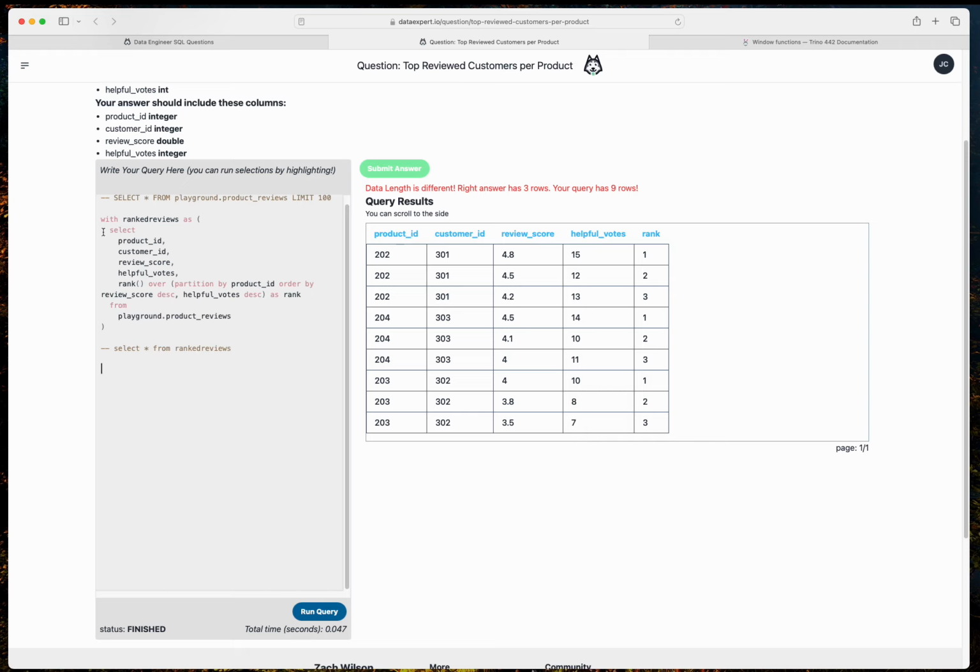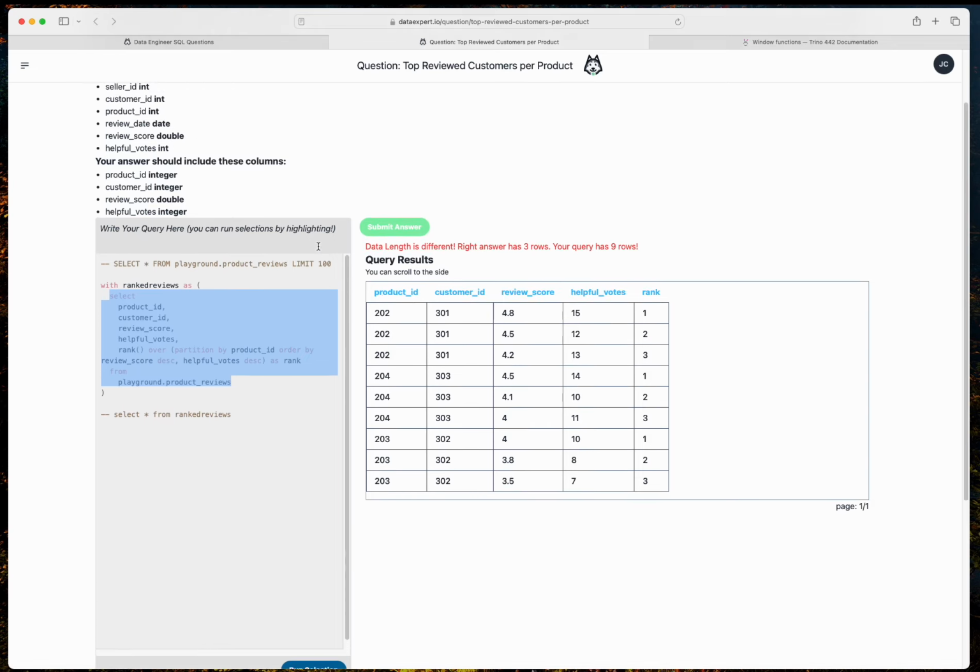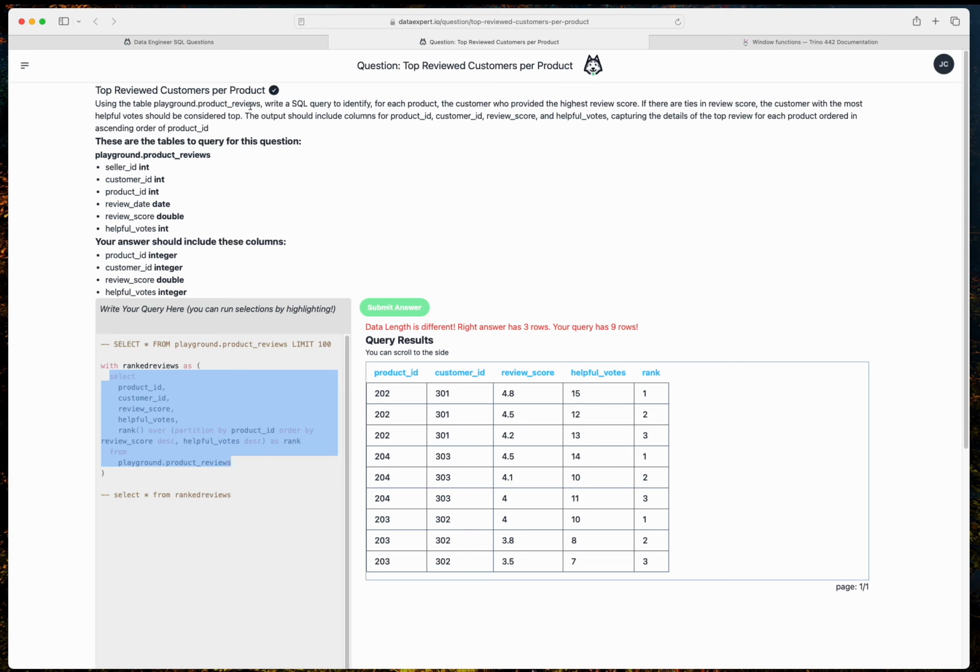So we have this query here that's getting us our data in this shape, which has our rankings, helpful votes, review scores, customer ID, and product ID. So now we need to drill into those requirements a little deeper in that for each product, we want the customer who provided the highest review score. Right, now we've already taken care of what happens if there's a tie or anything like that. That's the ranking here. So the next step is going to be,